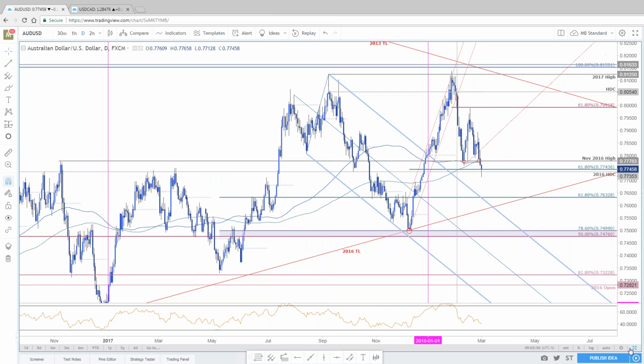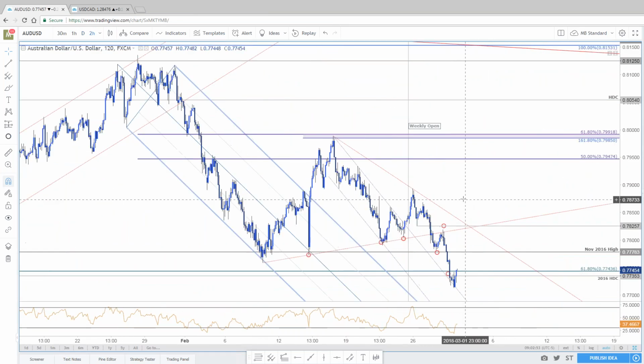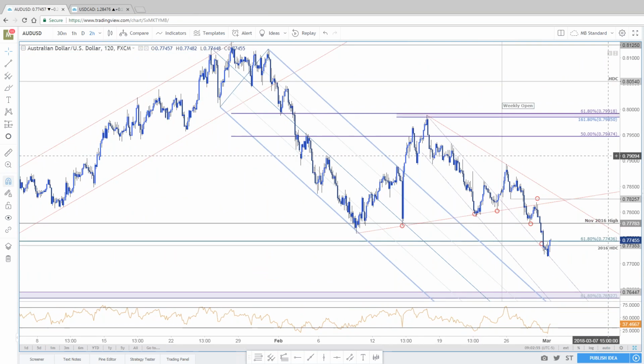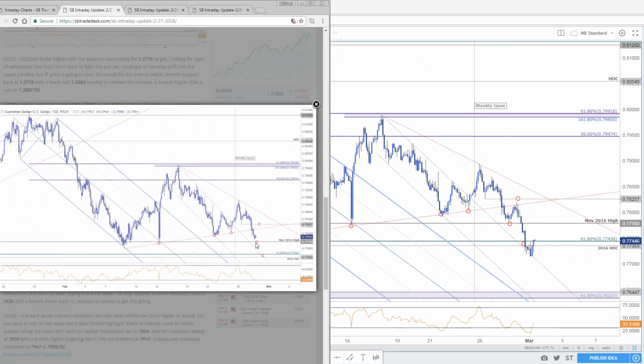Here's what the intraday chart looks like, and here's what we looked like again a few days ago. So you saw the rebound off the 2016 high. That was a welcomed recovery. We were looking for resistance at 78.25. Didn't make it quite that high. Turned about 5 pips ahead, right around at 78.20. Again, taking out that initial break there, and we're trading here right now.